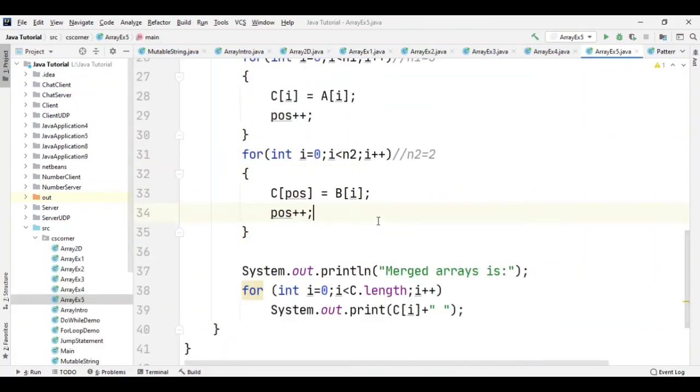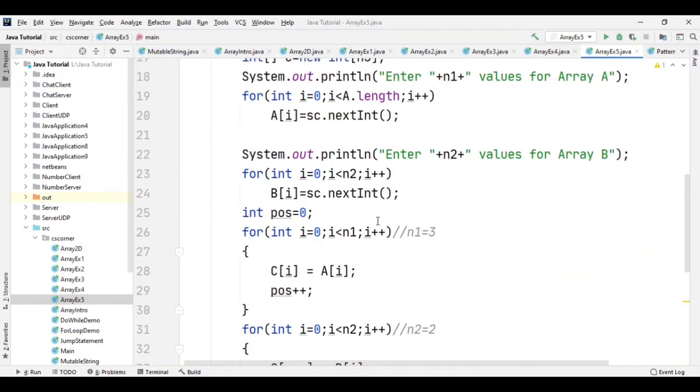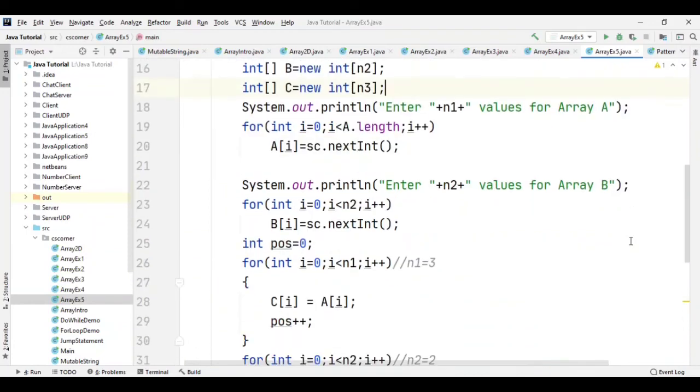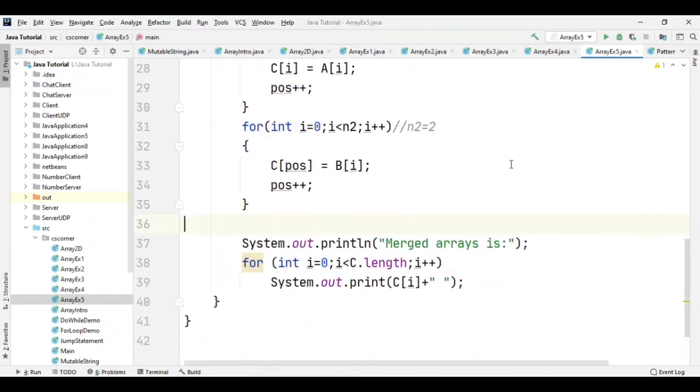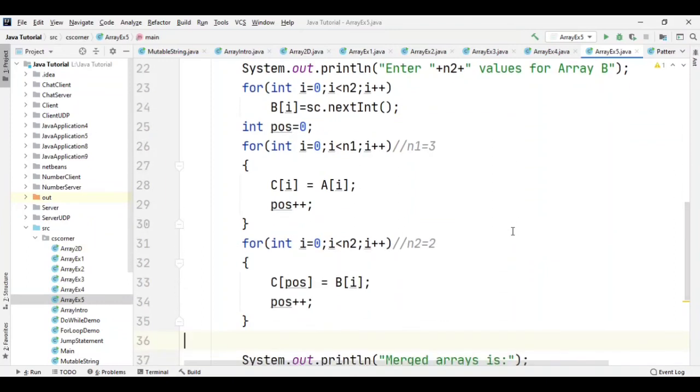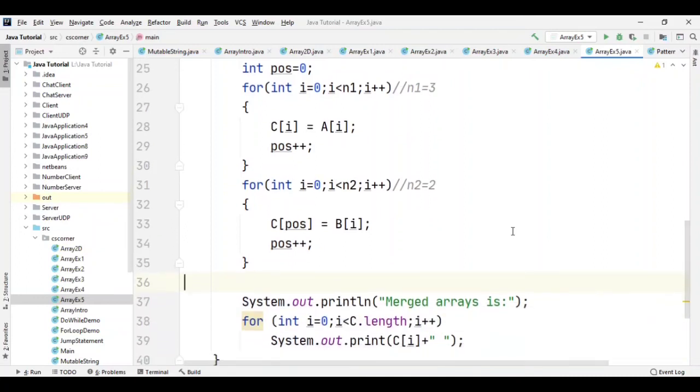So for doing a single program, you can have variations in your program or in your logic. You will get the correct output. Just try to implement proper logic. It's not that this is a universal program and after this there is no other program for merging arrays. You can have your own logic which should give you the correct output. So that was all for today's video. So this completes my program on merging two arrays.